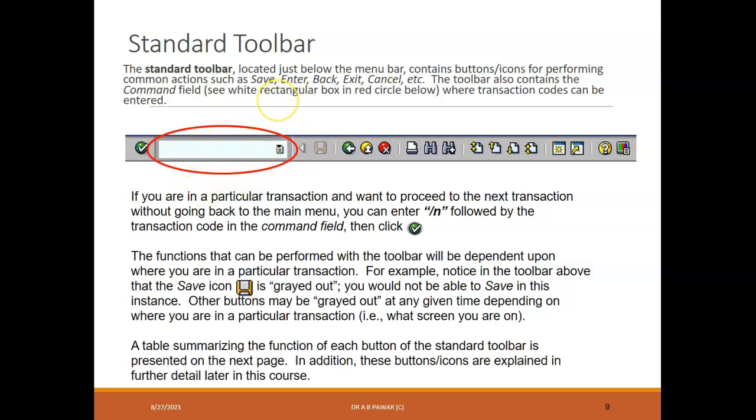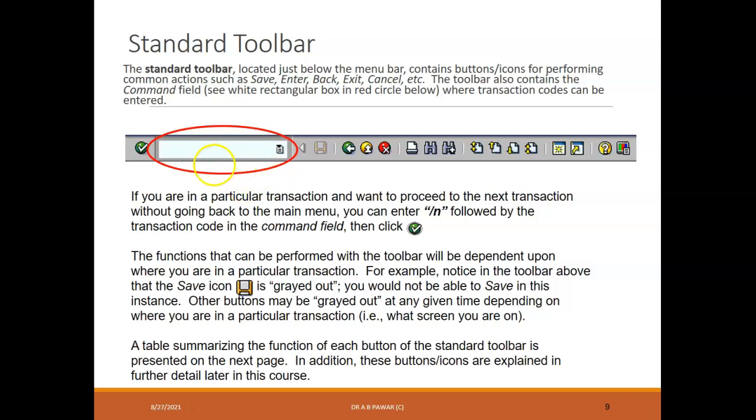Now you have to understand what this transaction code is. I already said, these are certain short forms given for your specific transaction. When you want to go to that transaction without using your menu bar, just by entering that transaction code here and then hitting enter, you will go to that particular next transaction.